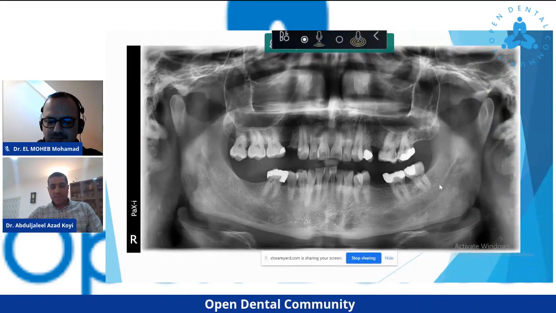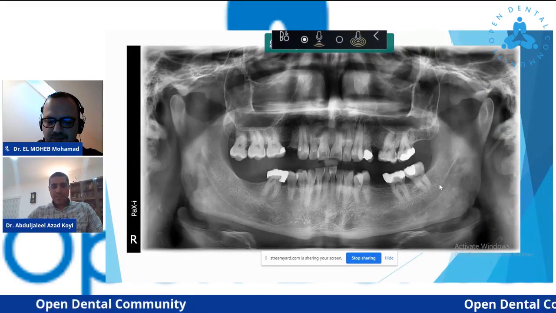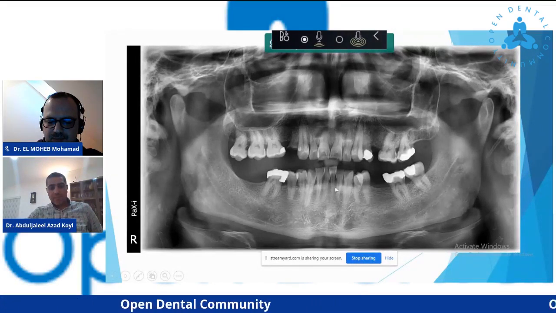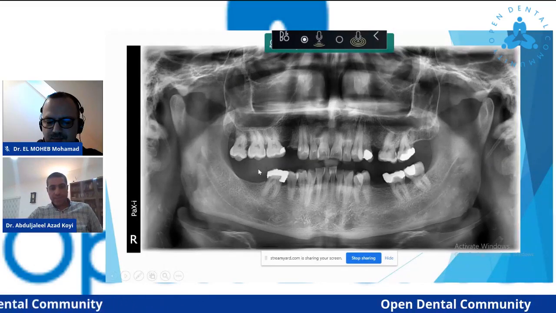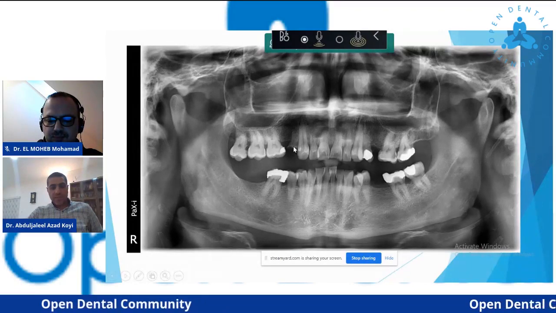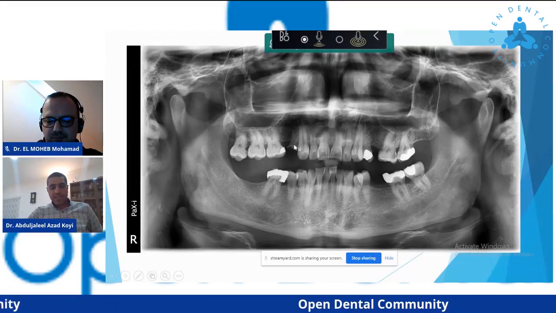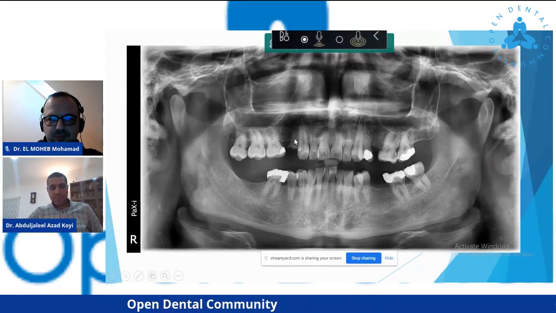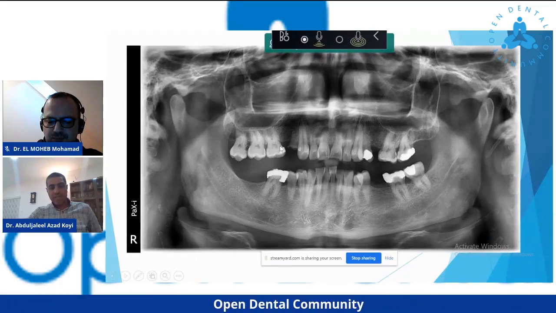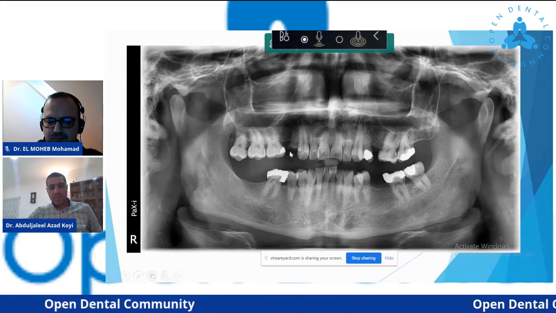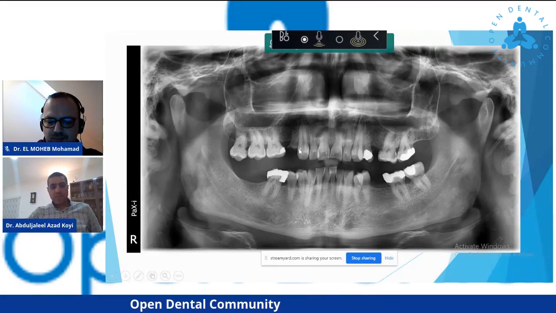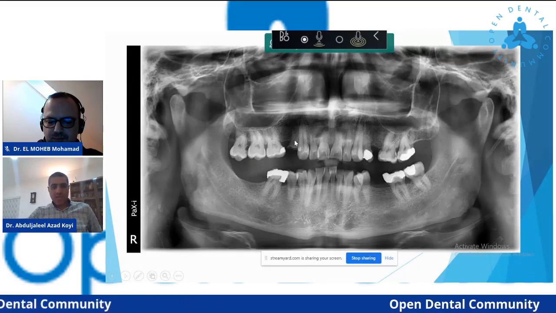I start with this case. A male patient came to my clinic with many missing teeth, as you see on the OPG, and he wants to restore the upper right first premolar. As you see, the patient is missing both premolars on the upper right side, but the space has become very limited, and now we only have the retained root of the upper four. So after discussion,